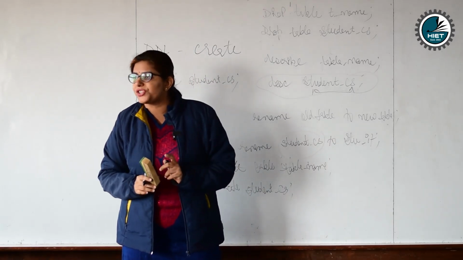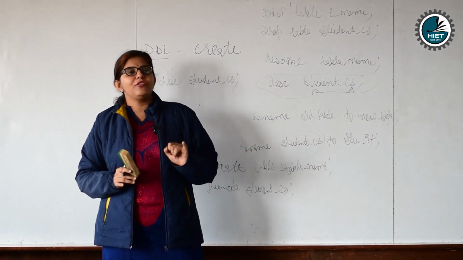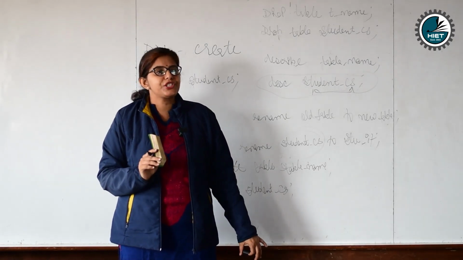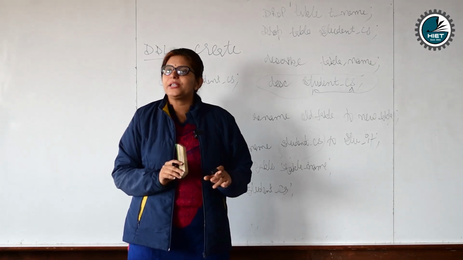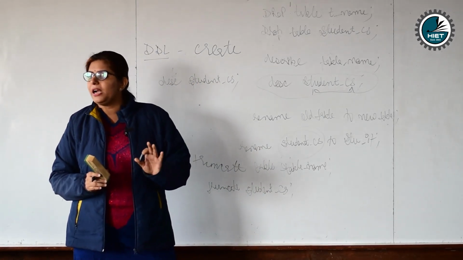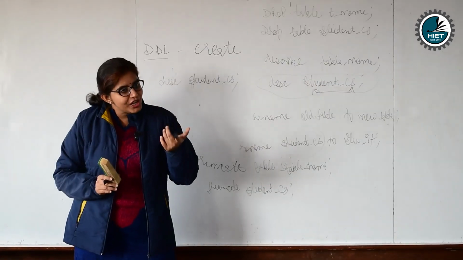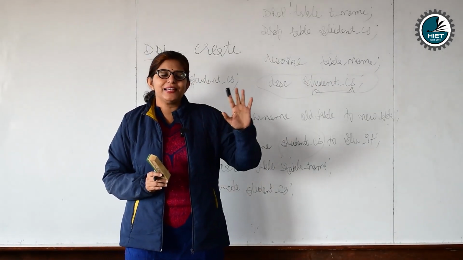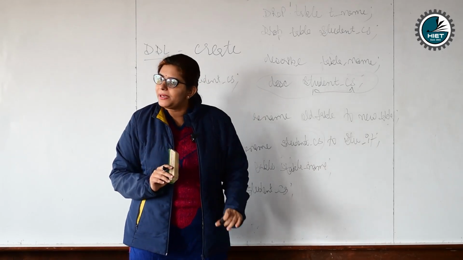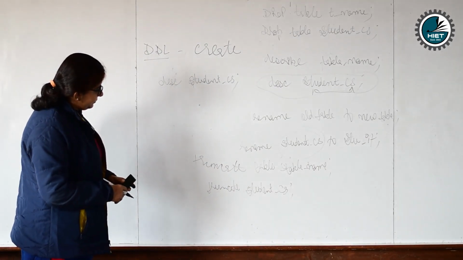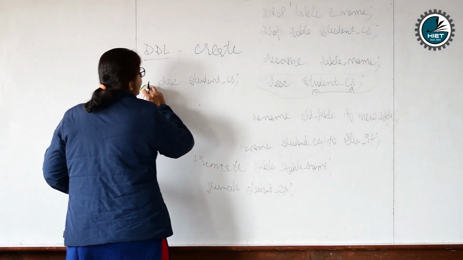This is an interview question. Truncate command will delete only the data, the whole data, no selection-based data. Clear? And what will the drop command do? Drop command will delete the whole data from the table plus the structure of the table also. If we delete the structure, the data will automatically be deleted. Clear? Next one is the alter command. That's very, very important.